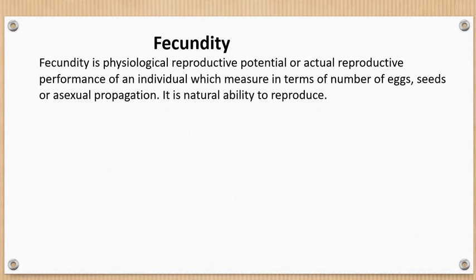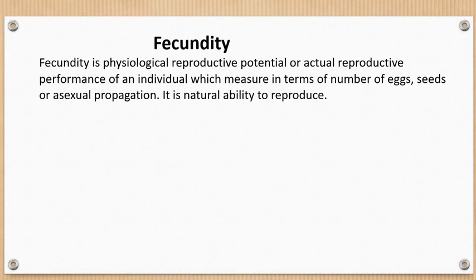So maximum natality is considered as fecundity. This we already studied in our previous lecture. Now, while studying fecundity, parental care is very important. In those individuals where there is good parental care, the fecundity is low, that is, reproduction is low, meaning the number of individuals produced during their lifespan or reproductive cycle is less. But if there is no parental care, then the number of eggs laid by the individual